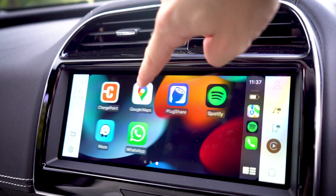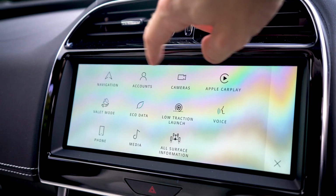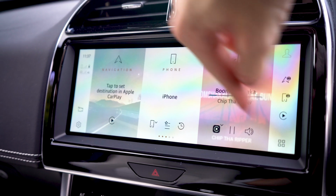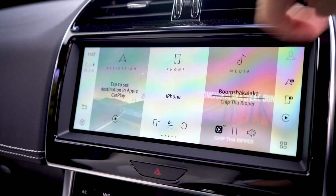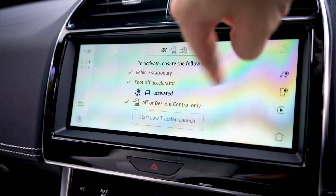It's very, very responsive. I think this one feels like it has a faster refresh rate than some of the cars I've tested previously, so it's nice to see maybe some improvements rolling out over the air, which this gets over the updates, which is cool. So you've got wireless Apple CarPlay now, which works for like 90% of the time. I've had 10% of the time that the car didn't want to connect to my phone wirelessly, which was a tad annoying, but overall it's been a pretty